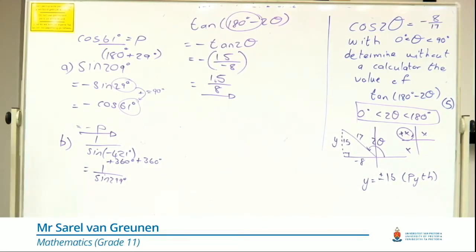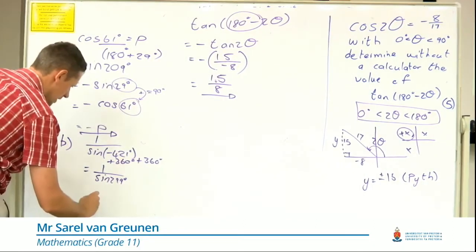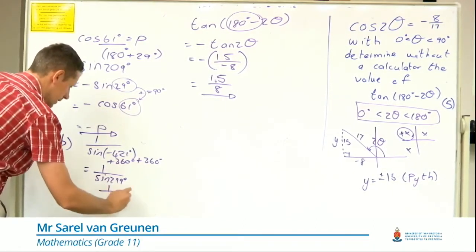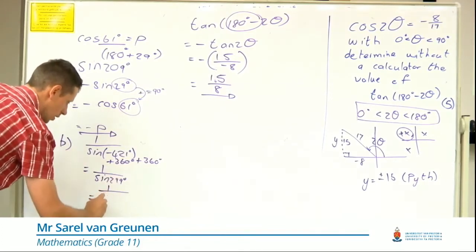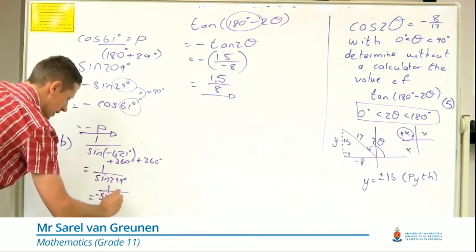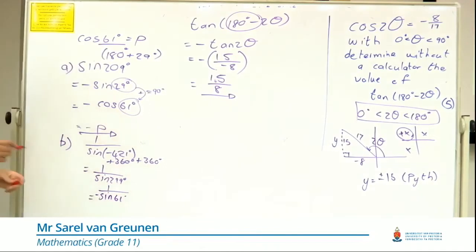Now my angles are between 0 and 360. Now next step is get angles between 0 and 90. So I'm going to say, well, this is in the fourth quadrant. So it's going to be negative sine 61 degrees. My obsession is satisfied. The angles are the same. But the problem is, I haven't answered the question. Because the question is,